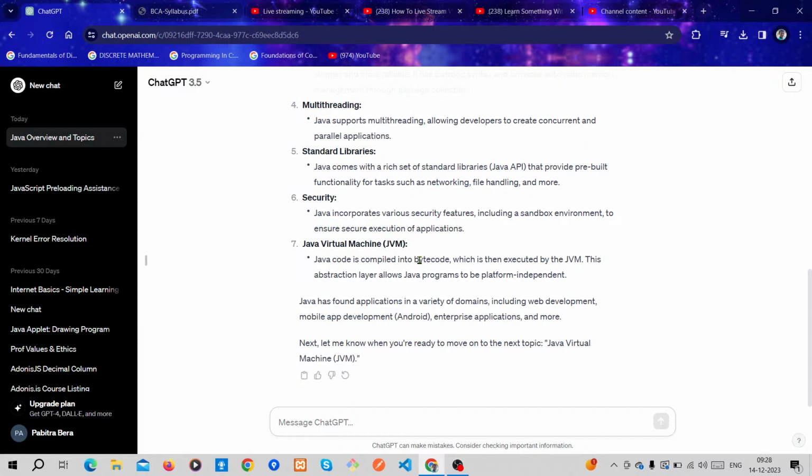Java comes with a rich set of standard libraries, the Java API, that provide pre-built functionality for tasks such as networking, file handling, and more. This means Java has many standard libraries that provide pre-built functionalities.